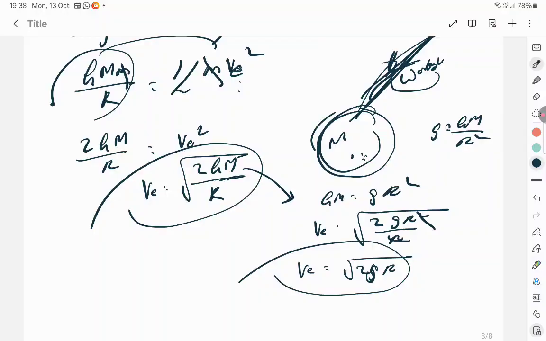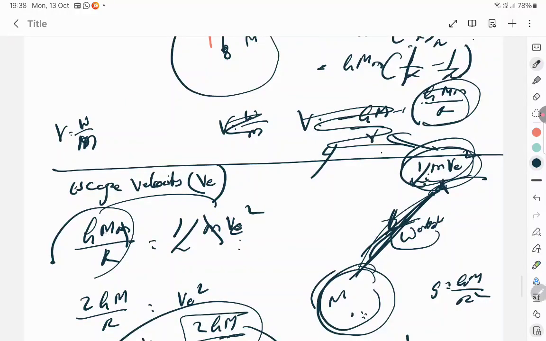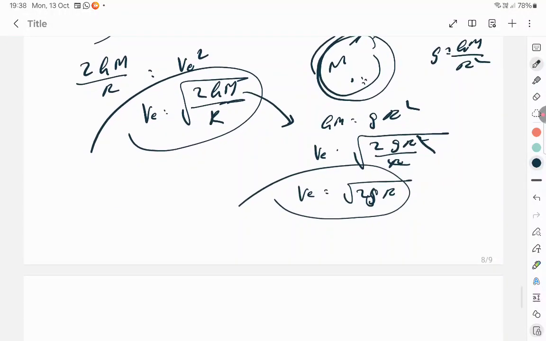Suppose you're asked to write a note on escape velocity. When you're writing in the exam, let capital M be the mass of the Earth, small m be the mass of the satellite which is getting launched, and you'll explain all that. Capital R is the radius of the Earth. Kinetic energy is half m v square, where m is the mass of the satellite and v is the escape velocity with which it has to escape. Write a small intro and then write the derivation if you have time. If you don't have time, write only the derivations, because time management is very important in physics. Otherwise you won't be able to complete the paper.